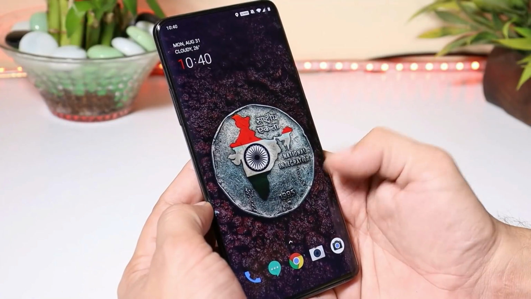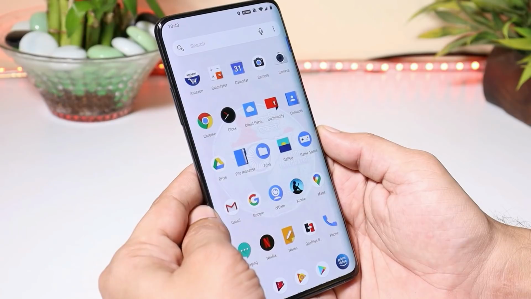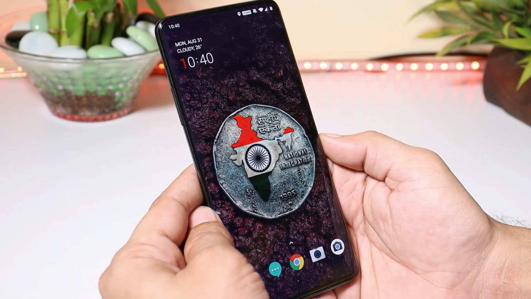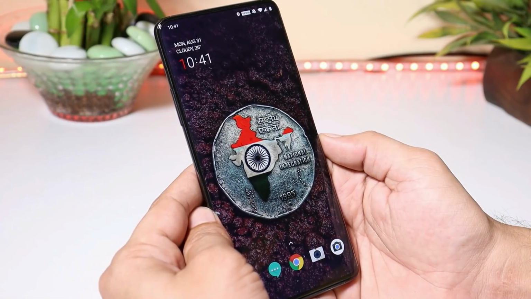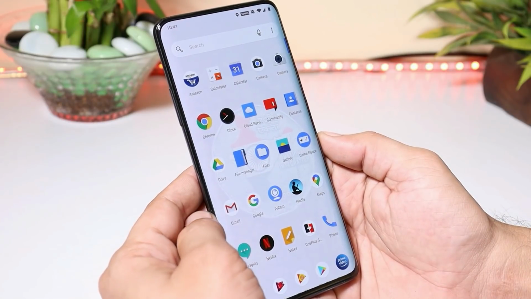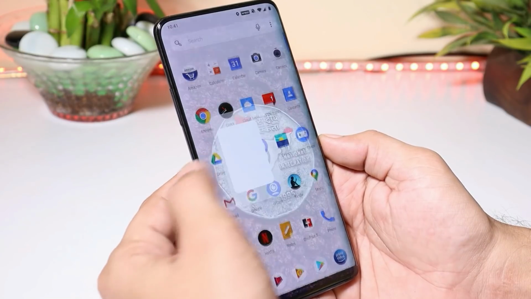So right now here you can see I have my OnePlus 7 Pro on which I've already installed the Google Camera application. And this Google Camera application works on devices like Asus Zenfone 6, OnePlus 7 entire series, Realme 3 Pro, Realme 5 Pro and Xiaomi Redmi 7. You can download the APK and the XML file from the description below. Once again, huge thanks to the developer for providing us this mod. So let me show you the files.